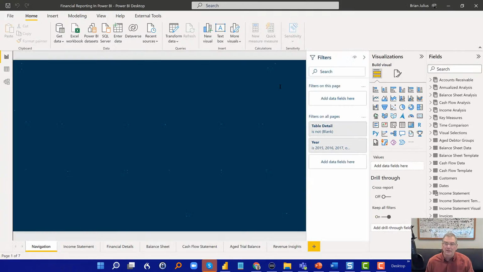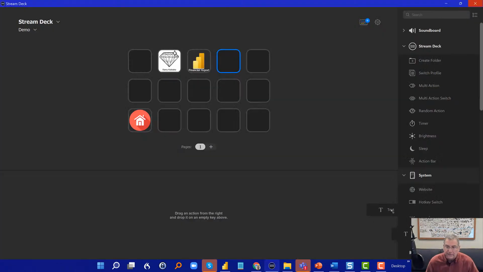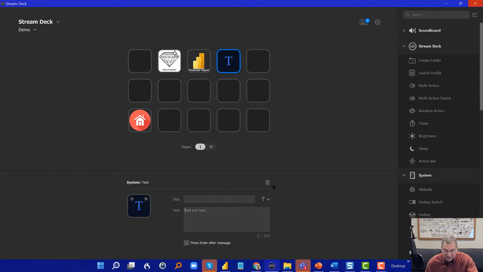So this is a great way to organize and access your most used files. The next thing I want to show you is how to add code snippets. We just start by dragging the text action into a button. And then I've got just a brief DAX measure that I can paste in here, and we can title that